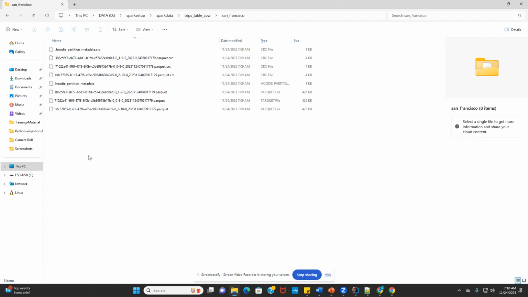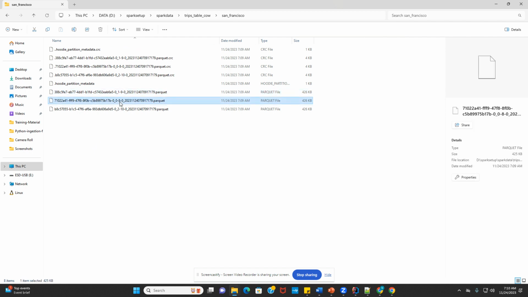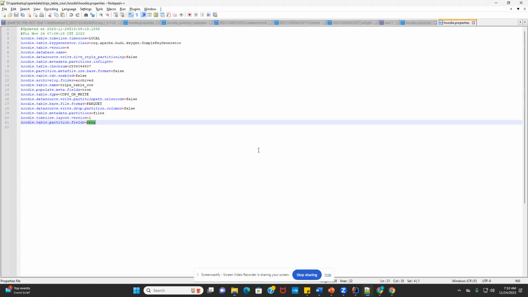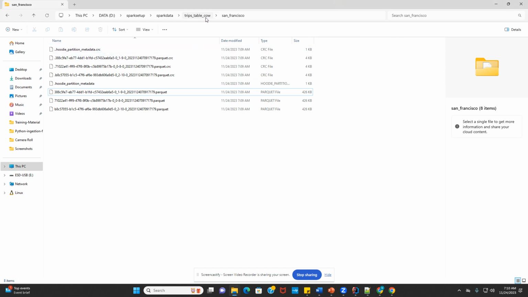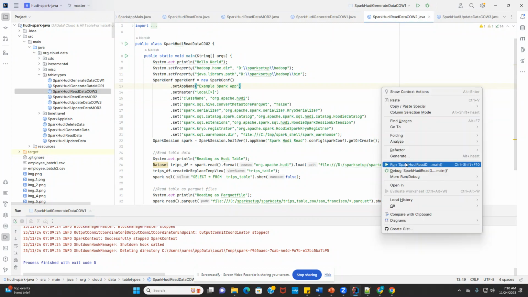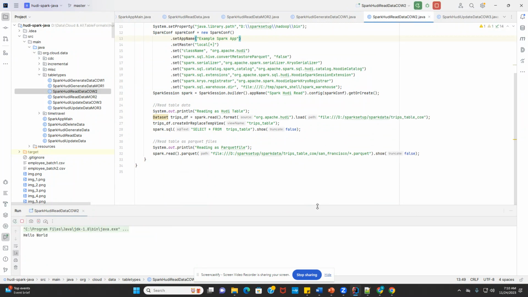So it generated three parquet files for my data set. Okay, so you can see that it has the three files and their timestamp is 709. And now let's try to read the table data and see what we get. So if I run it and read the table data,